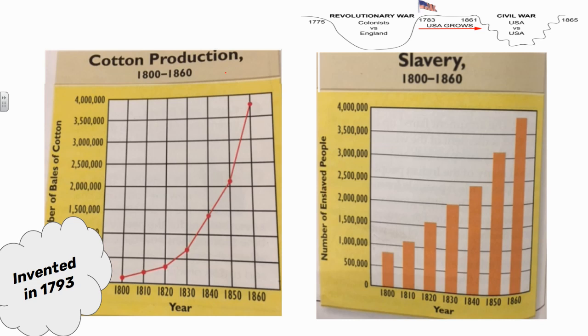But let's remember that the cotton gin only does one job, and that is taking the seeds out of the cotton. Now we are growing more and more cotton, which is going to require more and more slaves to plant the cotton plant. It's going to require more and more slaves to tend to the cotton harvest. It's going to take more and more slaves as we're producing 4 million bales of cotton in the United States. It's going to require more and more slaves to pick the cotton, and of course, some to run the cotton gin. So because we're growing more cotton, we're going to need more and more slaves.